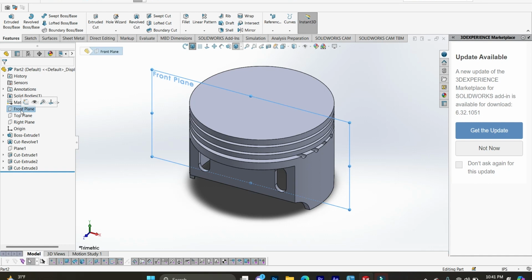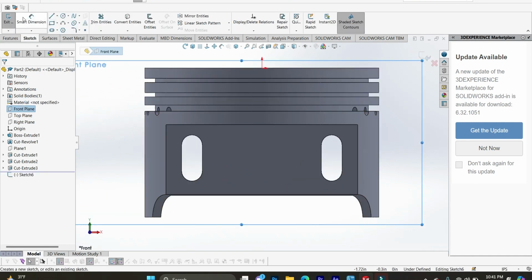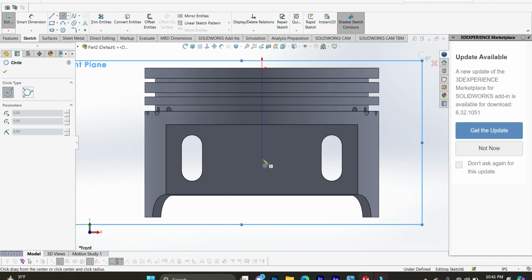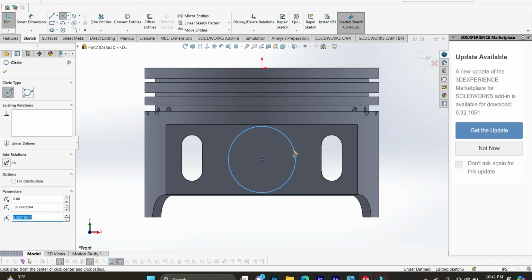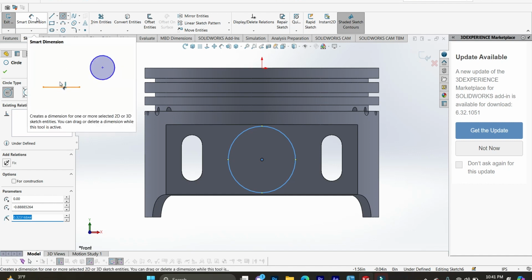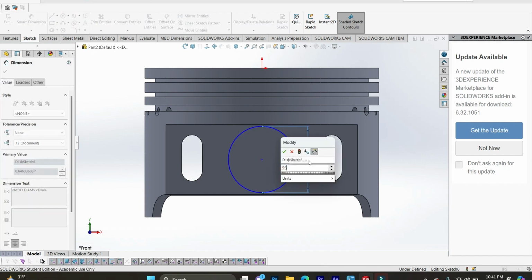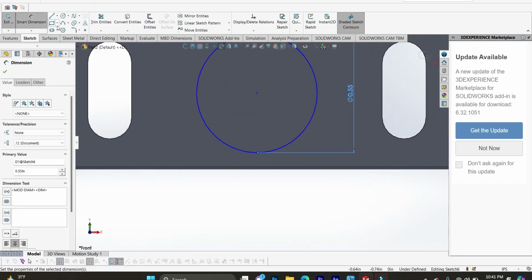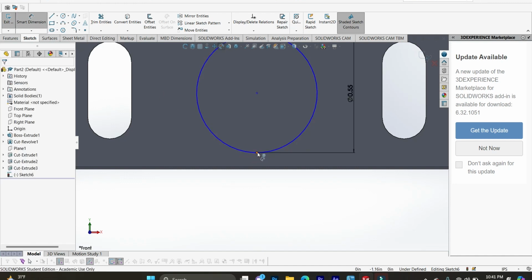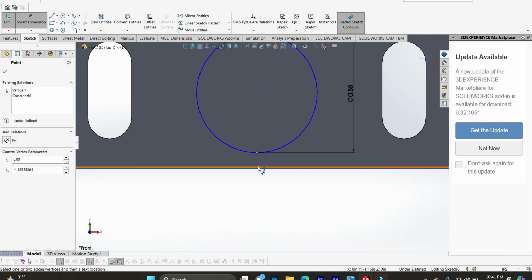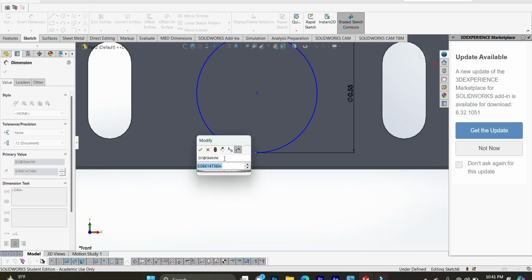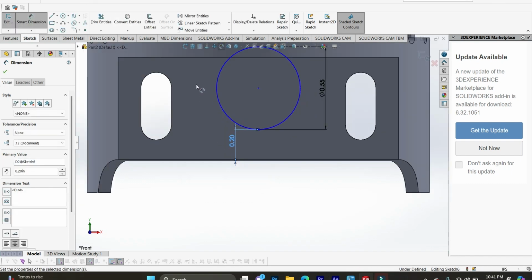On the front plane, start a new sketch, then draw a circle that goes through the origin axis, and then give it a dimension of 0.55, and then make a point at the bottom of this circle. Smart dimension again. From that point to the horizontal line, we want it to be 0.20, and then